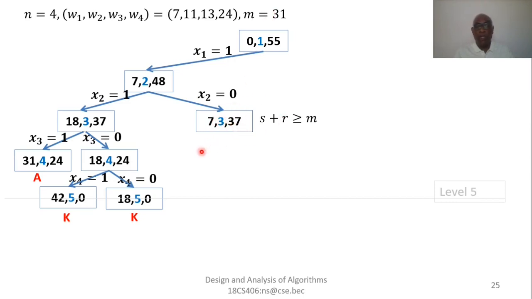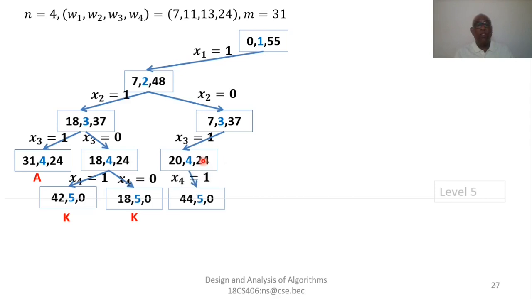And once again, we create its child by choosing x3 equal to 1 first. Because we have chosen x3 equal to 1 at this node, s will be incremented by w3. 7 will be incremented by 13, and hence it becomes 20 here. And the 37 will be decremented by 13, so r will become 24. And because this is a node defined by xk equal to 1, you have to check whether s is less than or equal to m. So the bounding function to be tested is s less than or equal to m, 20 is less than or equal to 31. So once again, we make this node the E node,